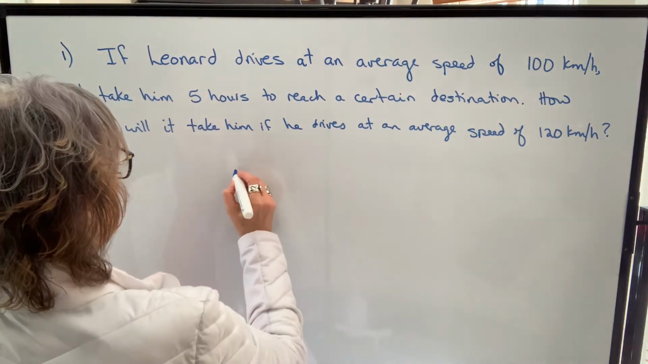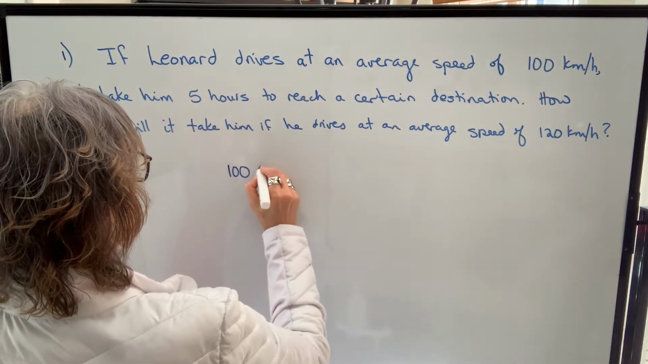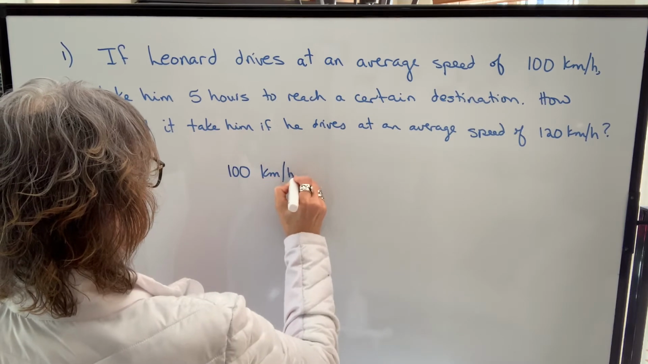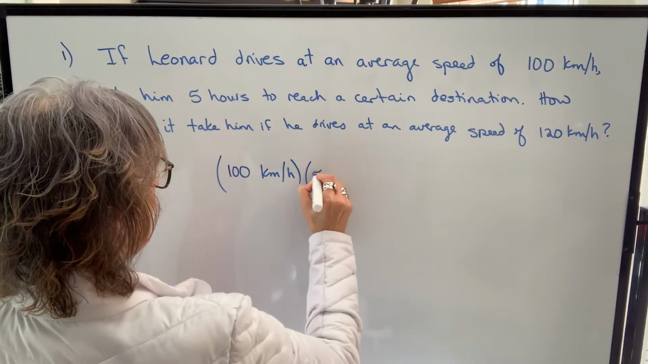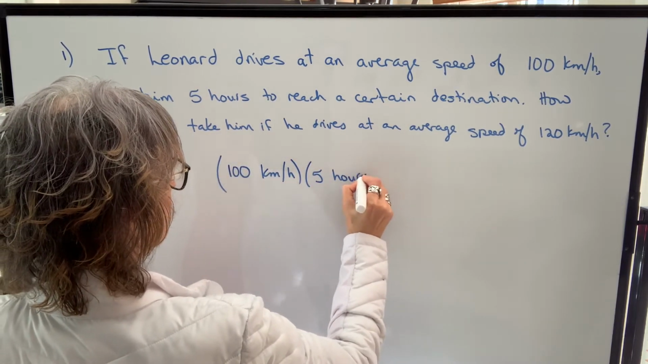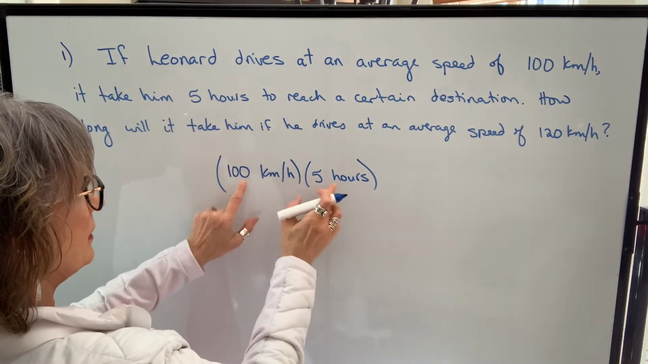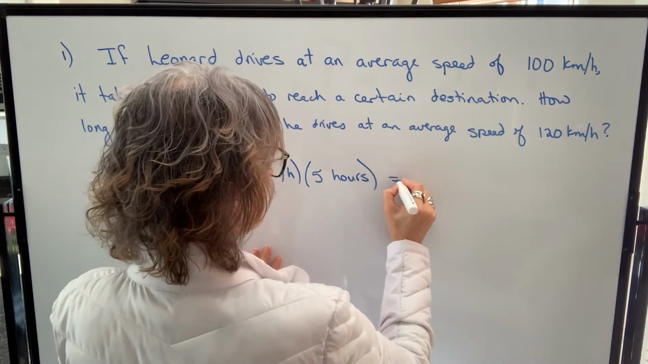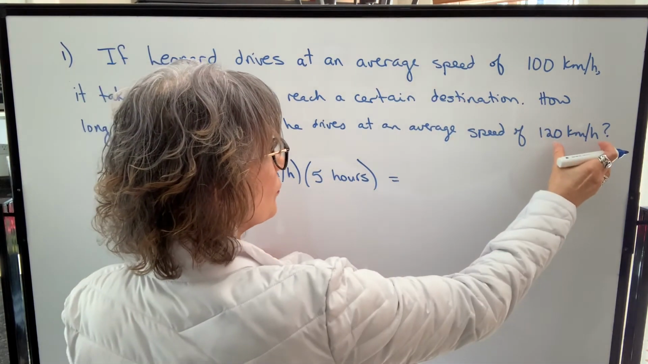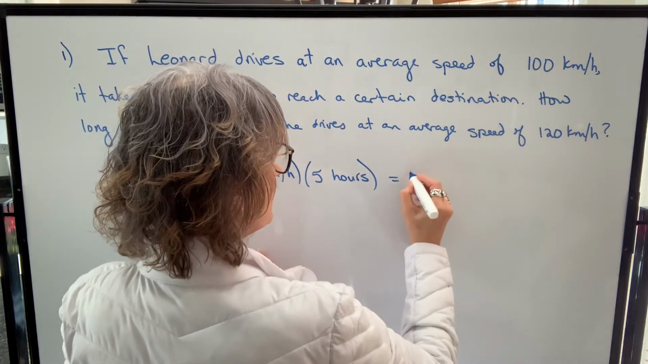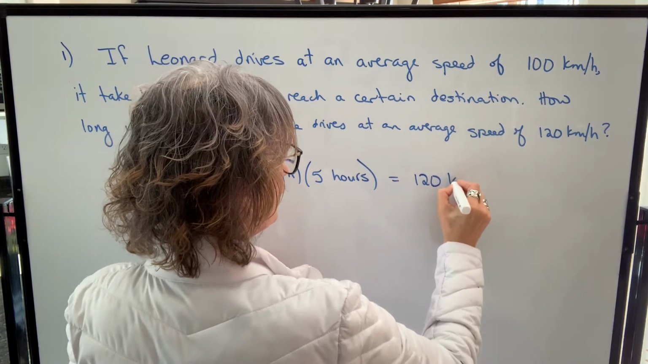So we have 100 kilometers an hour times the time, 5 hours. And when we multiply that, what you'll notice is this just ends up being a distance. That distance should equal the same whether we drive at this speed or this speed. So 120 kilometers per hour